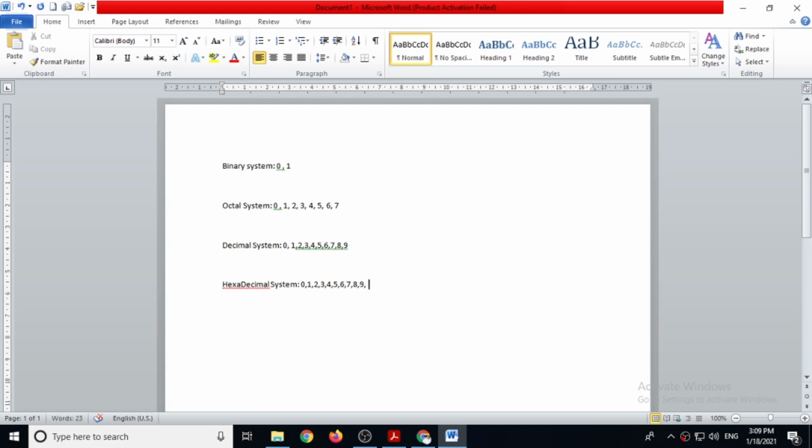And then for the value of 10 we have to use A. For the value of 11 we have to use B. Same way C, D, E and at last F. F means 15 here. So all these digits are known as hexadecimal digits. But just now we have to discuss about octal.